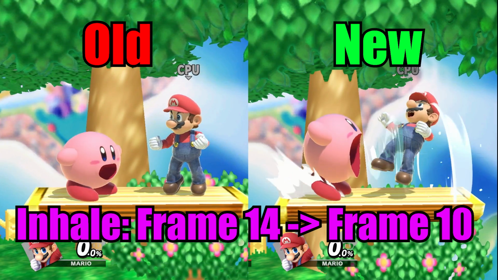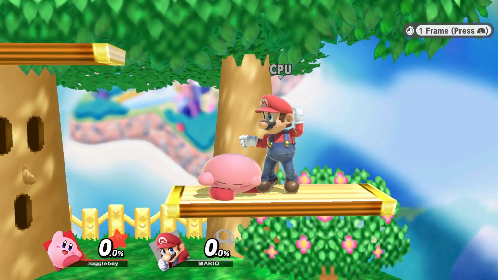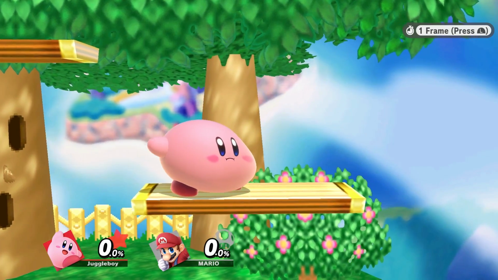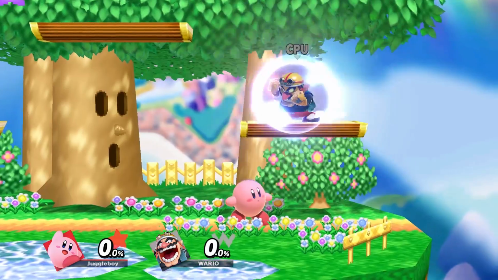Now for the more extreme changes. Kirby's inhale went from frame 14 to frame 10, a near 30% decrease in startup. This allows for more reliable setups from a landing up air and up tilt, and just makes it so much safer to throw out. Obviously, it still has a lot of lag afterwards and is very punishable on miss, but